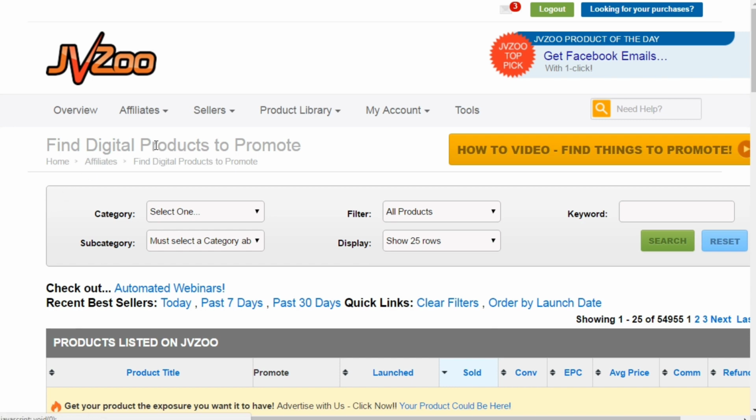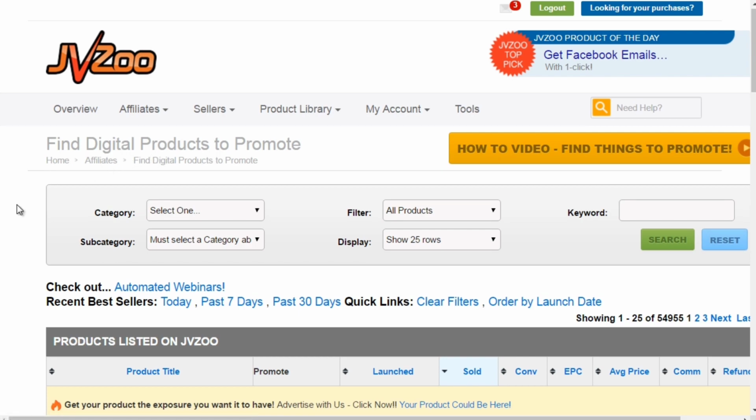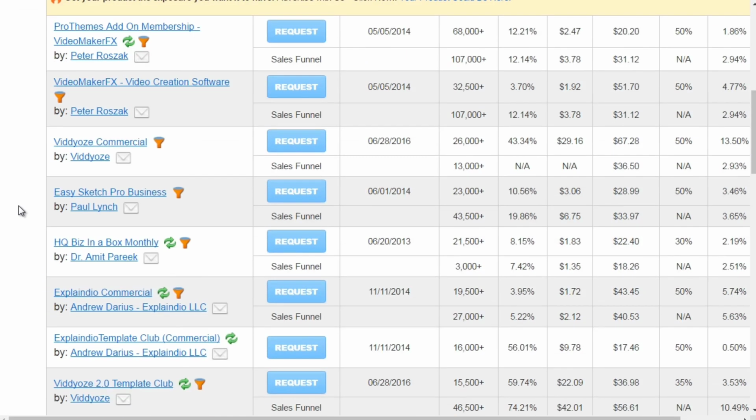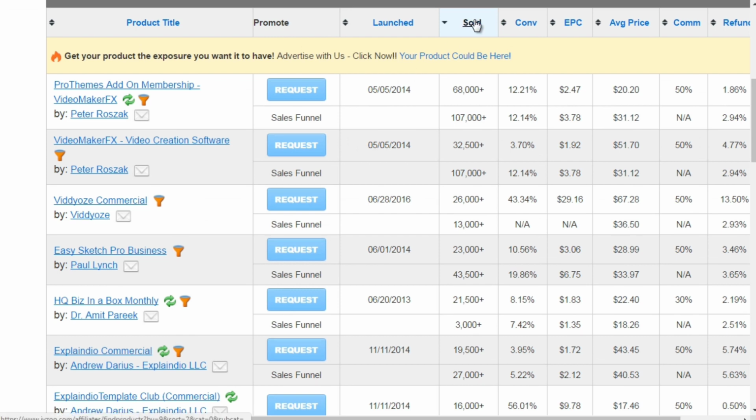Now, in this case, we're looking for vendors, but this gives us some good data to get an idea of what products are being sold, the conversion rate, the EPC, in other words the earnings per click, and the refund rate. So if you've got a product that is doing really well, but they have a 10, 25% refund rate or above, then you might want to